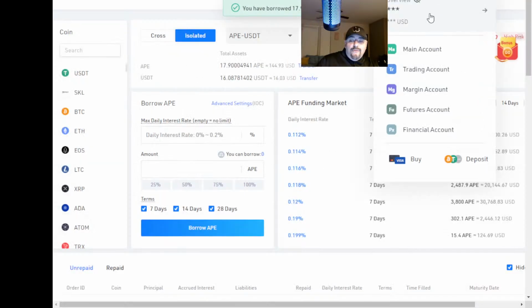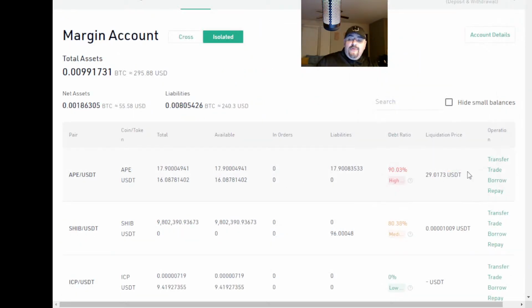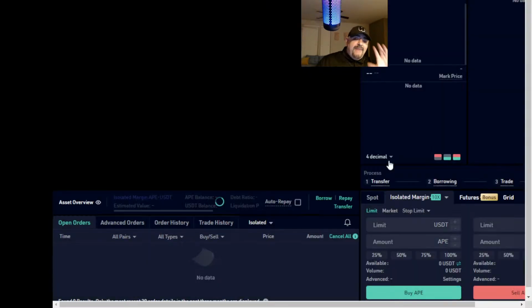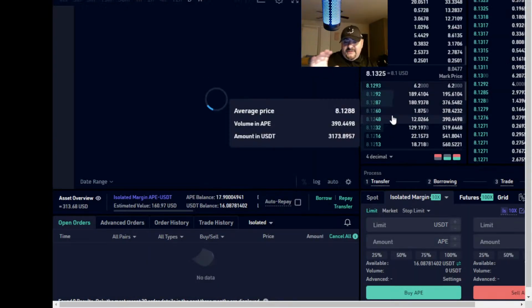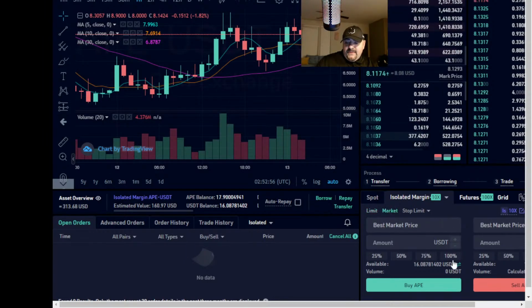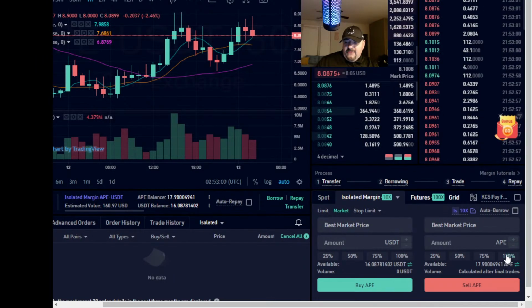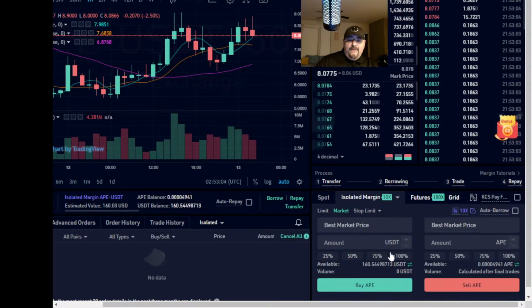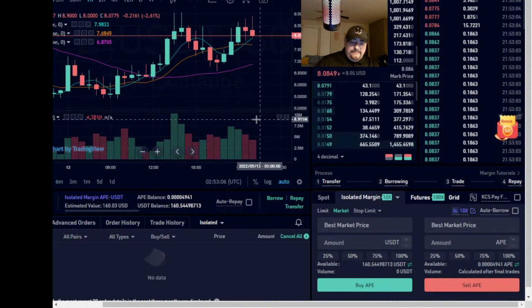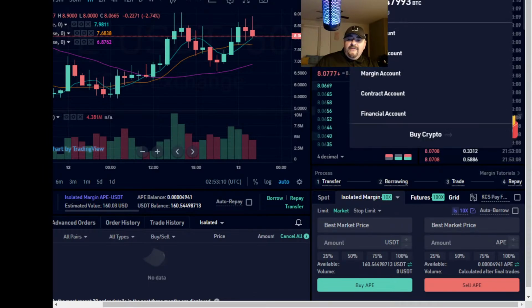Now I'm going to slide over to margins. Because what I want to do now is that I have the ape coins. I need to sell the ape coin, so I need to trade it away. It's in my totals and it's in my margins now. Okay, but now I need to trade it away, and I'm coming over here. And I need to sell it out pretty quickly here. It's already dropping. Now, normally I would wait, but it's already on its downfall. So here I am selling ape. We're out of there. So now we got our spot set up.